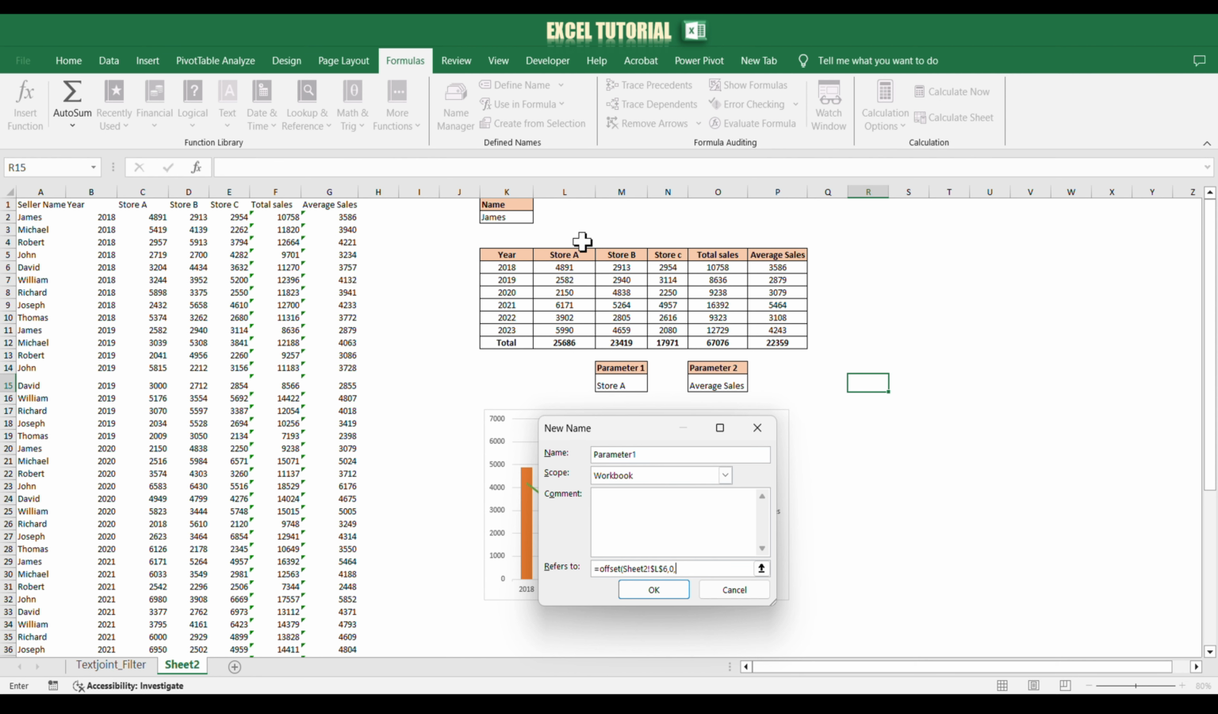Next, we'll specify how many columns to move. To make this dynamic based on our selection in cell M15, we'll use the MATCH function. So type MATCH and open the parenthesis. We want to match the value in cell M15, which represents Store A in this case. So we'll type M15 followed by a comma. Now, we need to specify the range of columns where we'll find these values, which is from L5 to P5. We'll type L5:P5 and add another comma. For the match type, we want an exact match, so we'll type 0 and then close the parenthesis for the